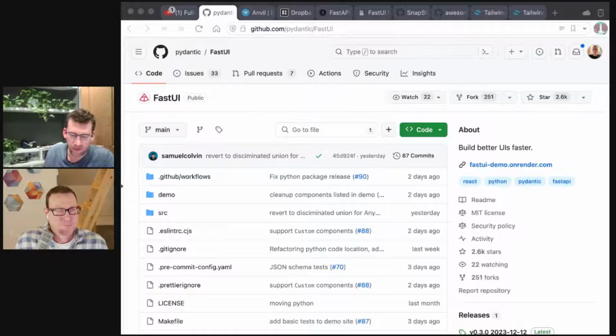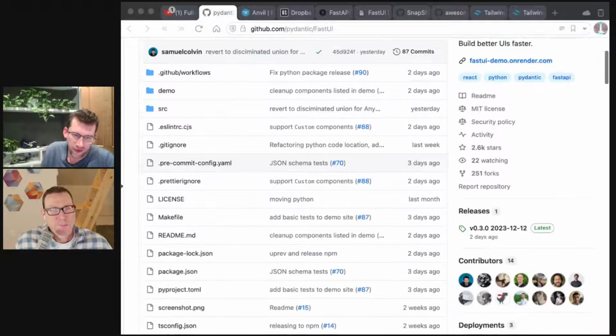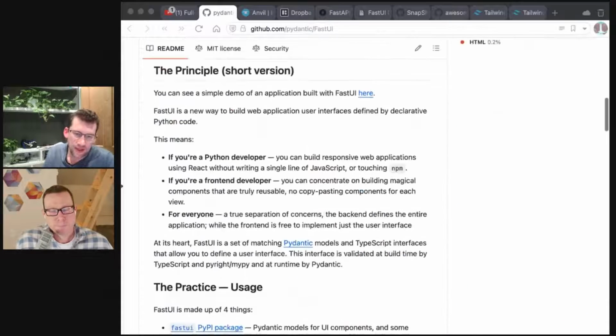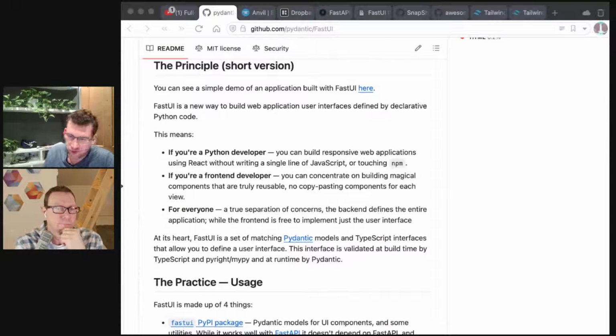We've got some really expert guys who are very comfortable building stuff in React, but we don't want those two roles to have to constantly communicate to build every individual bit. So if you go down the page a little bit, I kind of explain it: for a Python developer, it's a way of building UIs without having to touch TypeScript or JavaScript or NPM or any of that Byzantine mess of build tools.